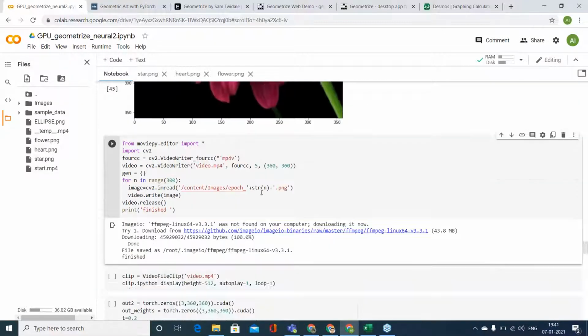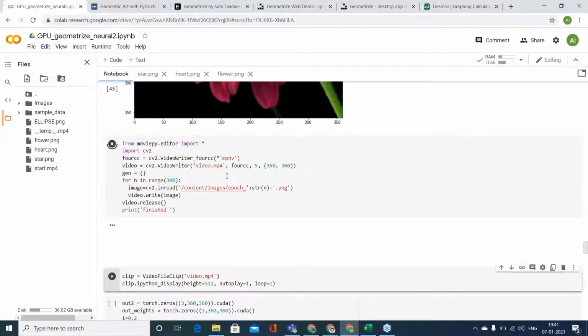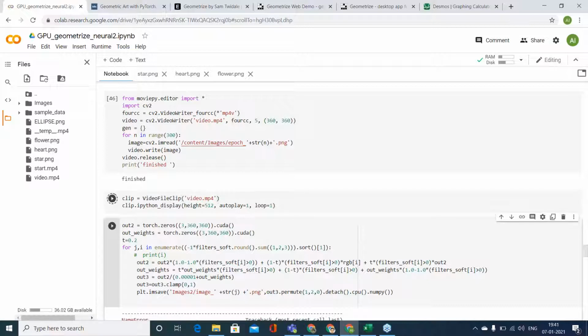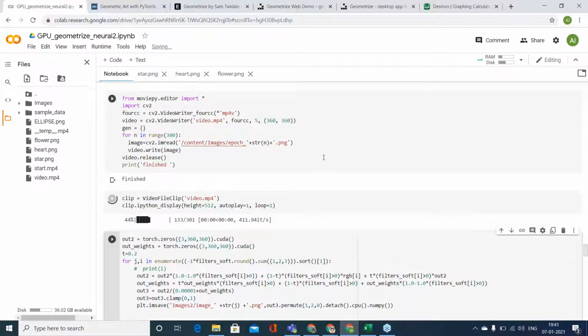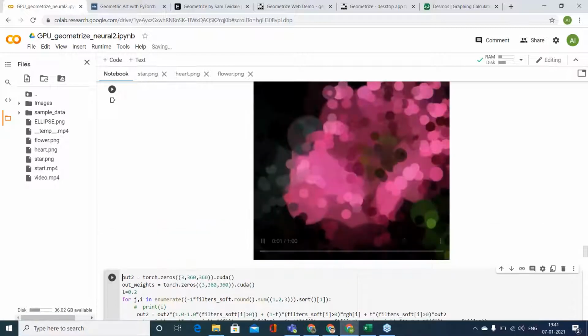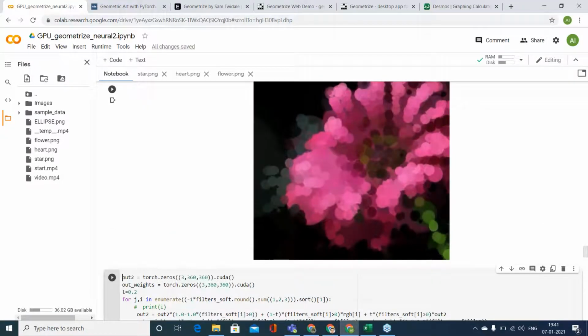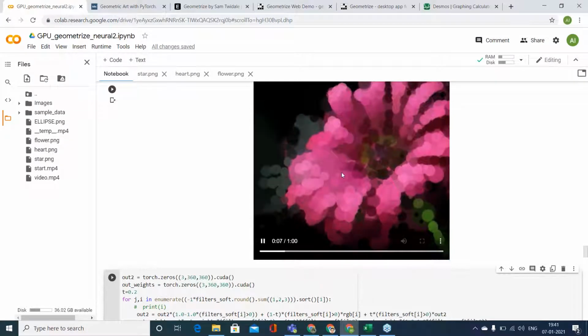Now we ran it for 300 epochs, so it will make an animation for you. We have saved the video here. You see, it is just throwing circles there, then slowly they're getting optimized.